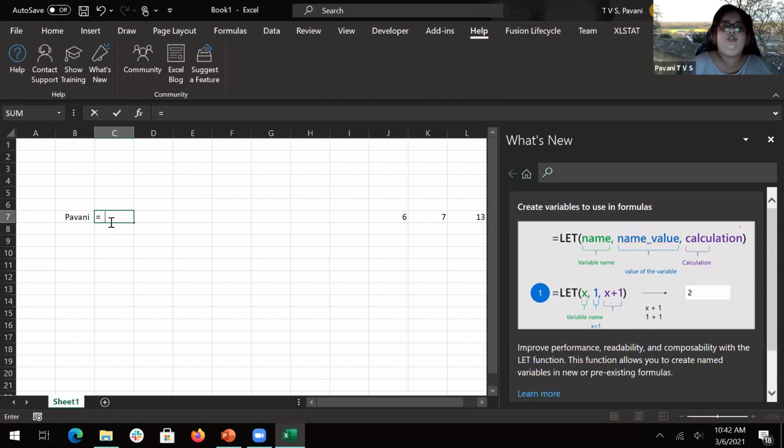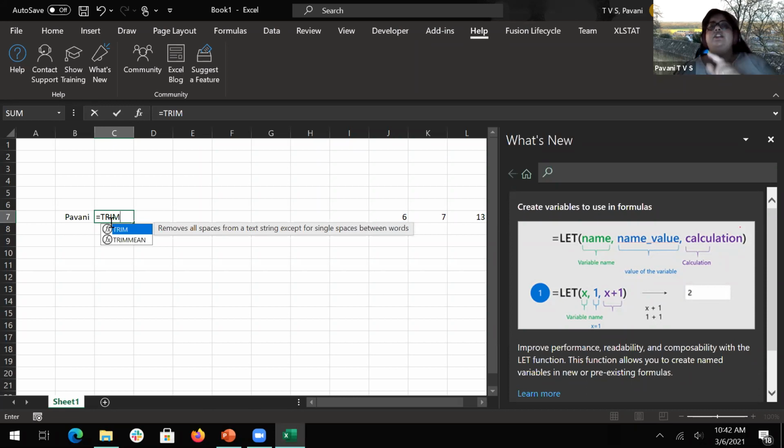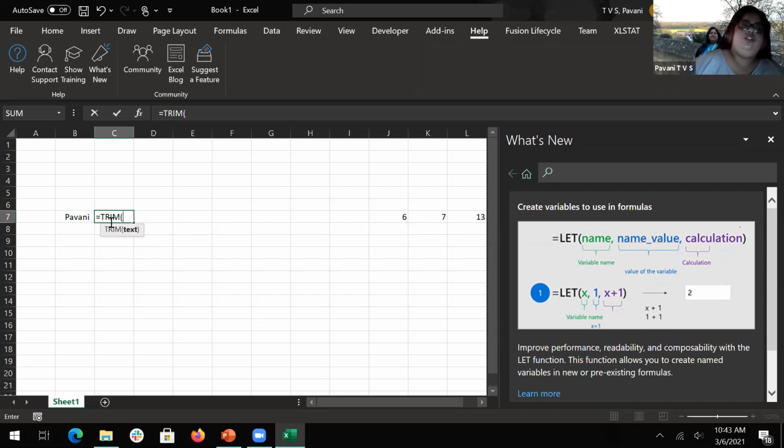Equal to TRIM is the function which helps to remove all the spaces from a text string except for single spaces between words. Between a name, you always need to have that single space. That's a given thing. So TRIM doesn't remove that. Now I'll just give this here, and it has cleaned it and given me the precise format.